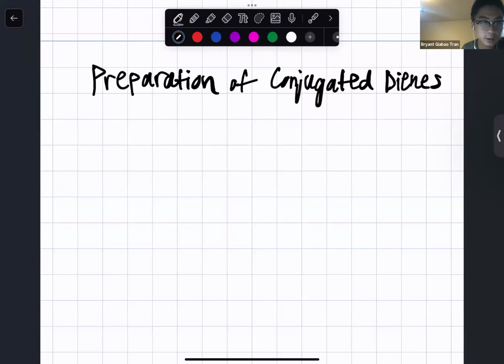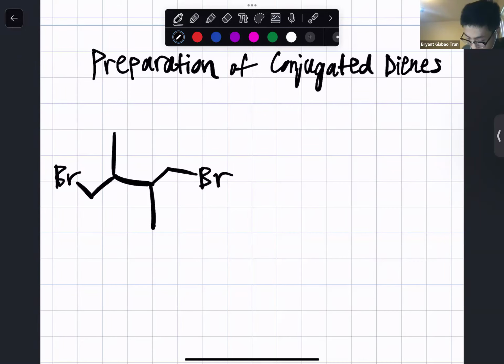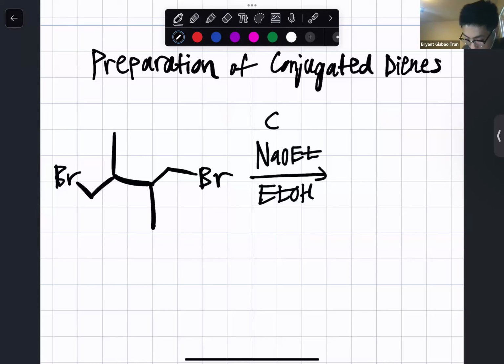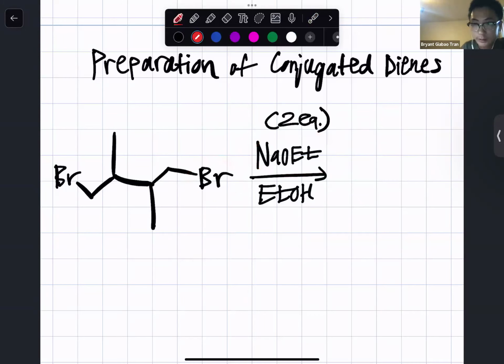So let's say we have this dihaloalkane and we have some kind of strong base like NaOEt, ethoxide, and ethanol, right? Let's say we have two equivalents of that or excess. We have a strong base and a good leaving group here. This is a big sign of an